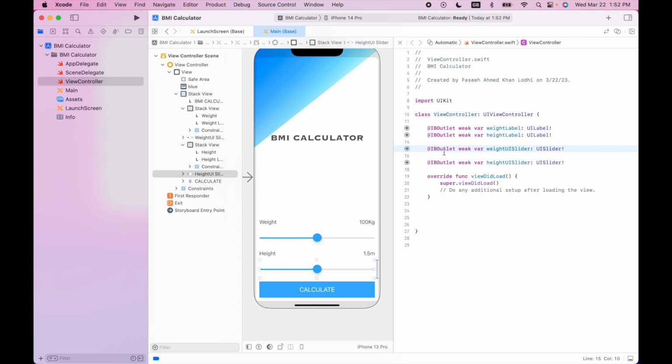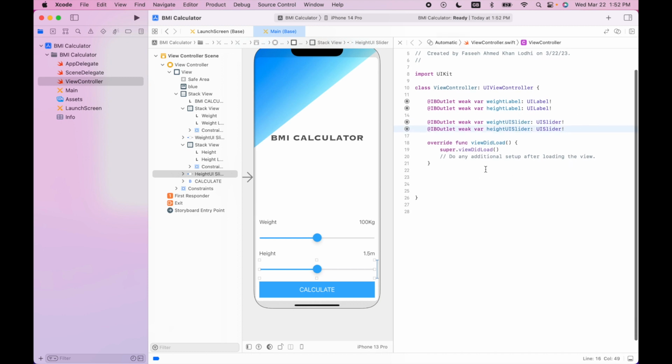And once we are connected, these are just labels that are going to give us values, or we can change something. But once the value is changed from the slider, we need to know when the value is changed, so we can change the label text and height label, so we can show the user the current weight. So that is done